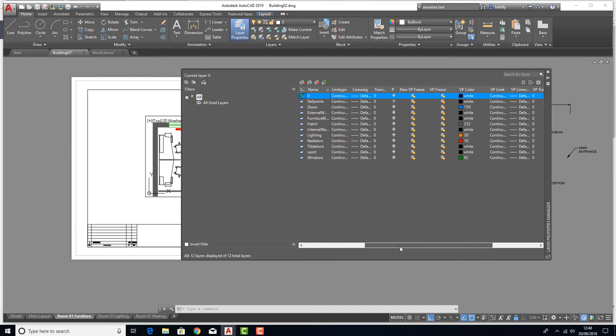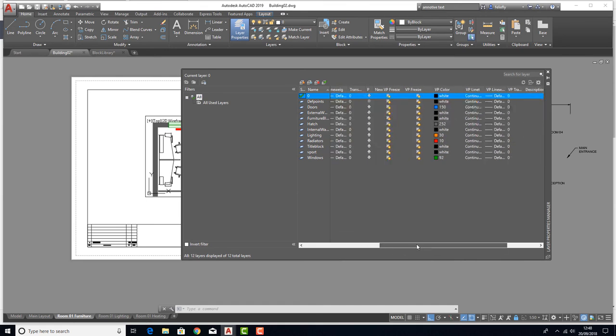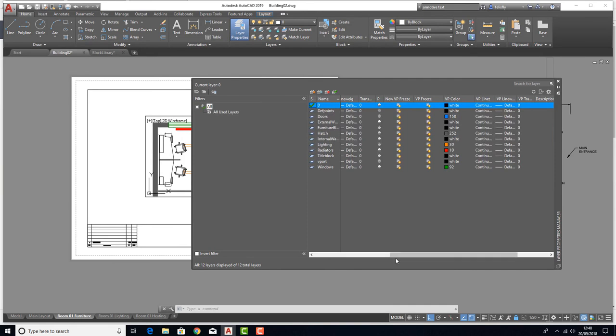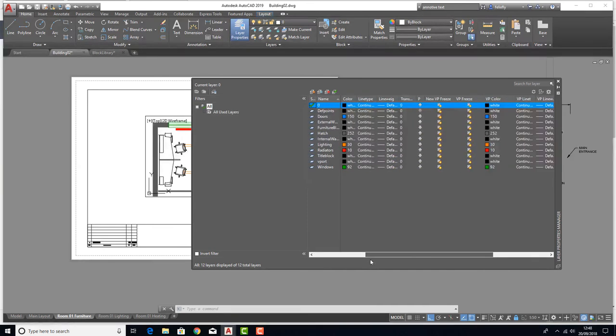What that VP is, viewport. So what that's basically saying is we can change these settings in the viewport instead of in the drawing. It probably sounds complicated, but all it means is we can go to,